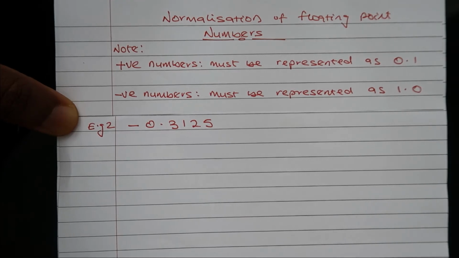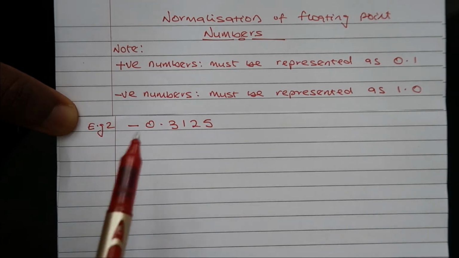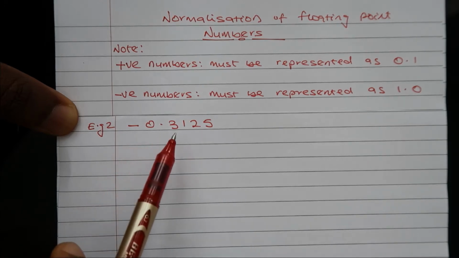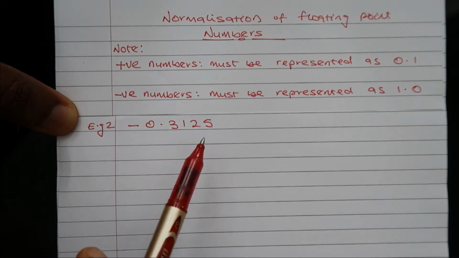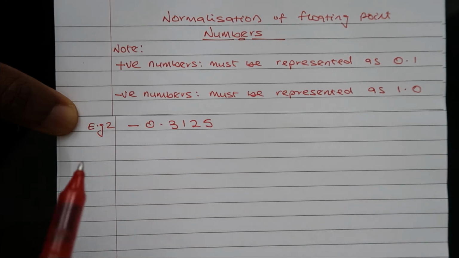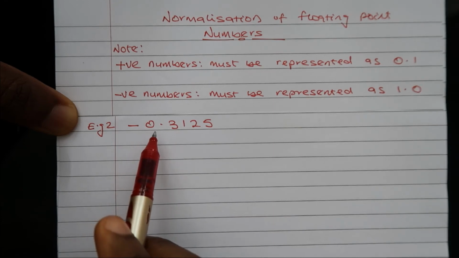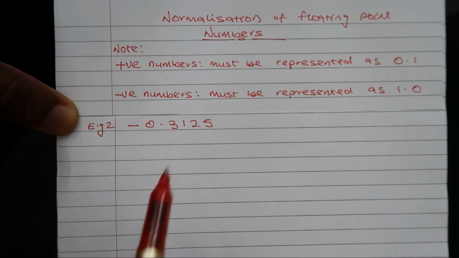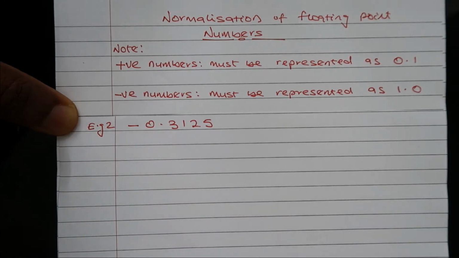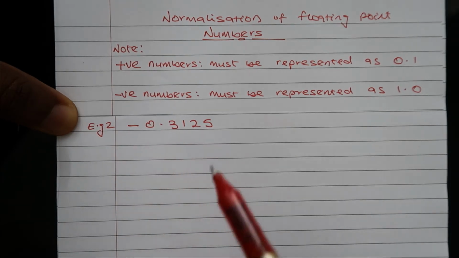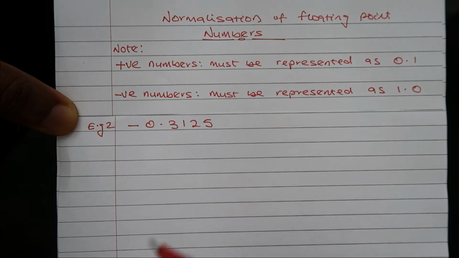In our second example, we are going to normalize -0.3125. Again, the first thing we would have to do is to represent 0.3125 in its binary form. Because it's a negative number, we will then convert it and represent it in its 2's complement form. So,